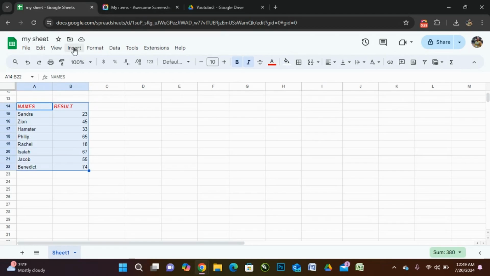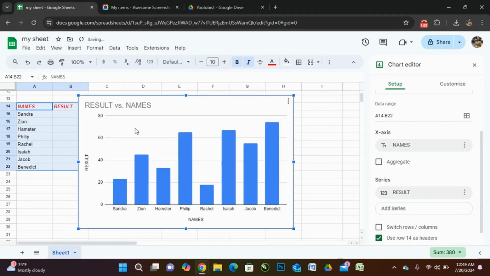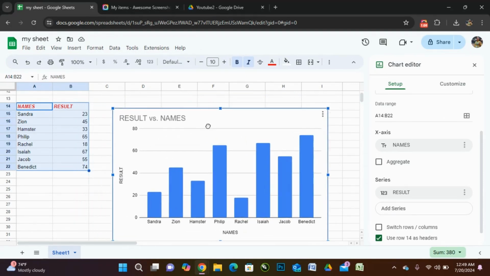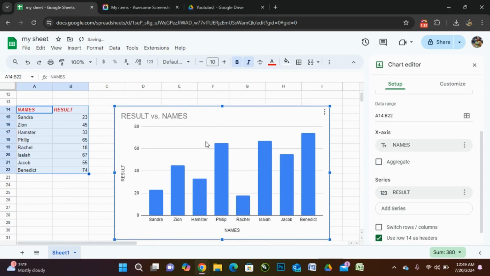Then you click on the Insert tab at the top of the screen and you select Charts. Now, Google will automatically input a bar chart for you. You can adjust the chart by double-clicking on it and dragging it as you want. Now, to change this chart into a pie chart,